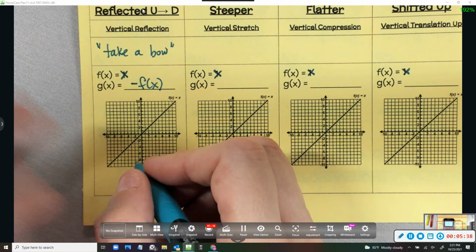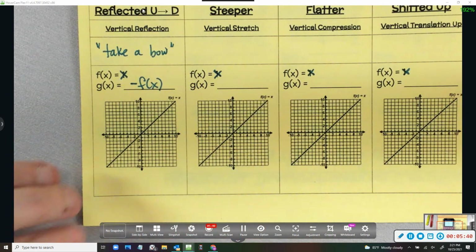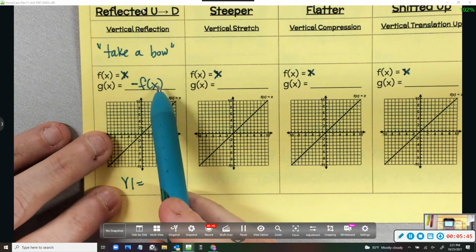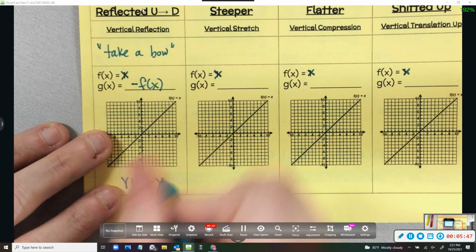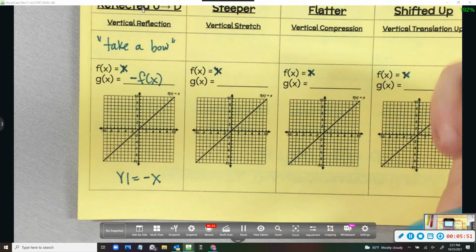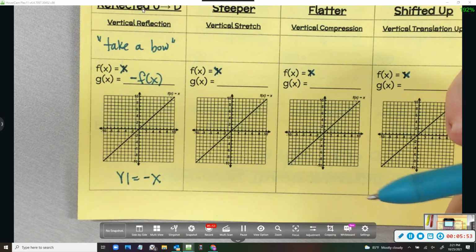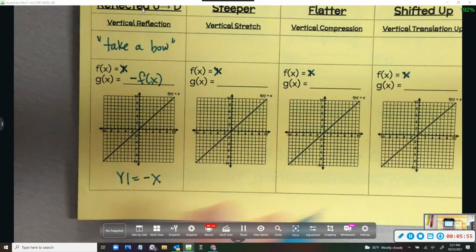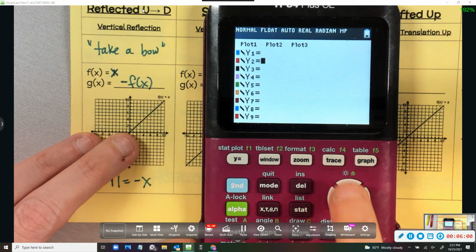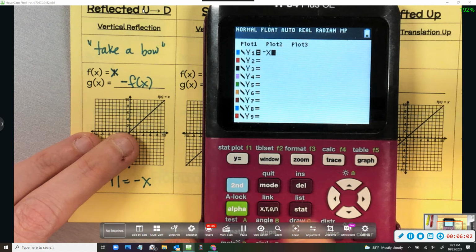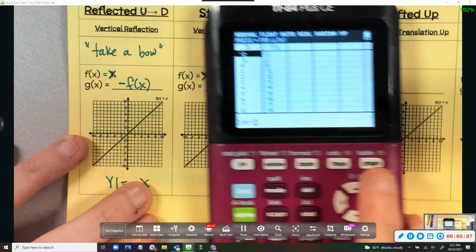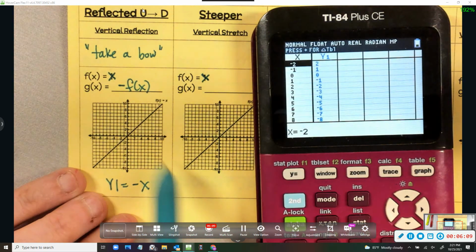So how would I write that in my calculator? Well, I would say y1 equals negative x. So all I do is drop the f to put it in my calculator, negative x. So I go to my calculator and I put in negative x for y1, and then I'm going to look at the table. Because what we want to do is we want to be able to plot another line so we can see